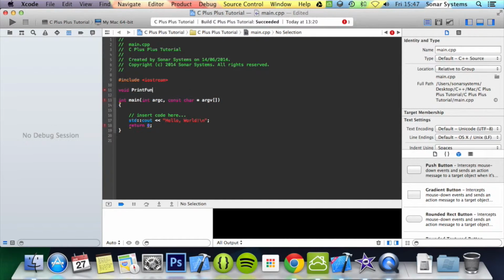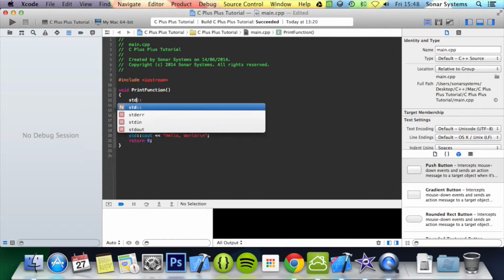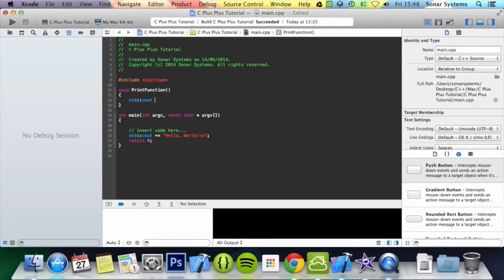I'm going to call it print function. Literally the only requirement for the function name is that it's not a keyword like int or std::cout. Then you put curly braces, and in here you put whatever you want to do. We're simply just going to do a cout. I'm going to say "function printed this",